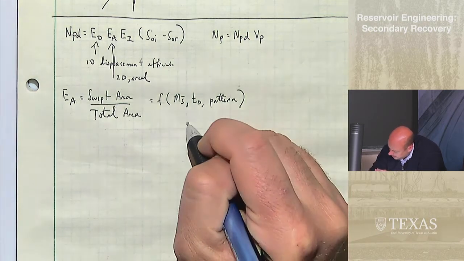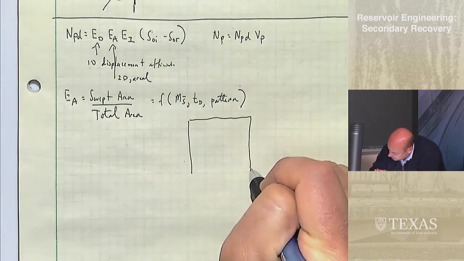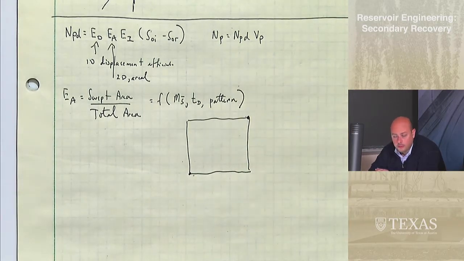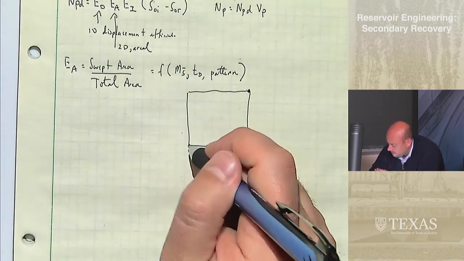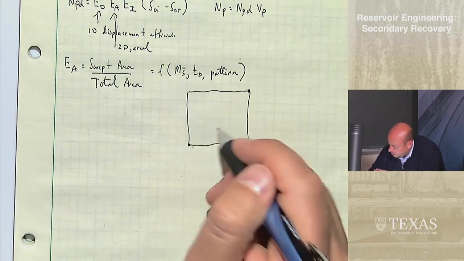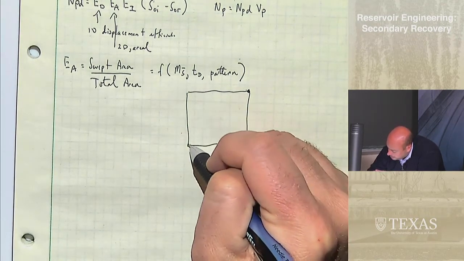And remember what we're looking at here, right? So we have, this is our quarter 5 spot, so maybe we have an injector here, producer in this corner, right? It's not a full 5 spot, it's a quarter of a 5 spot. So normally this would be the center, but we're just looking at that quarter, and what happens is at early times,